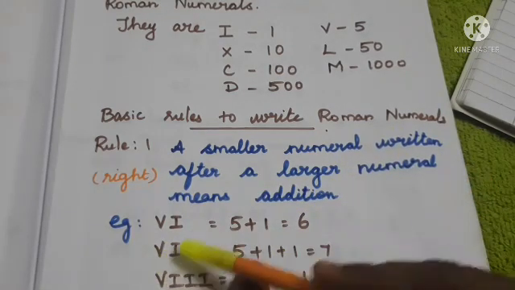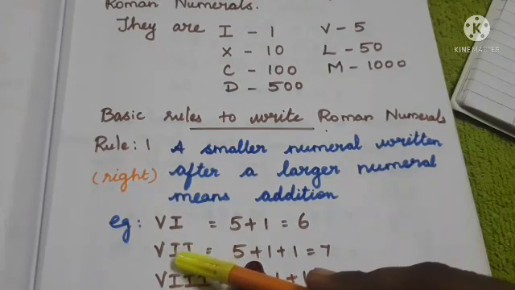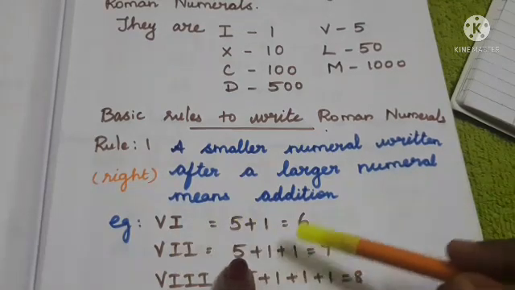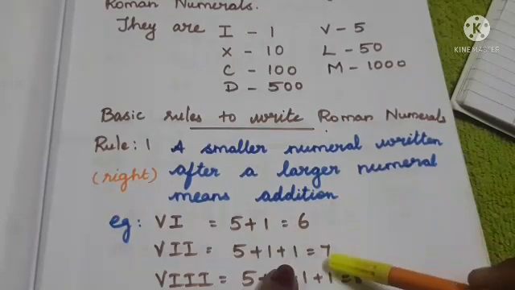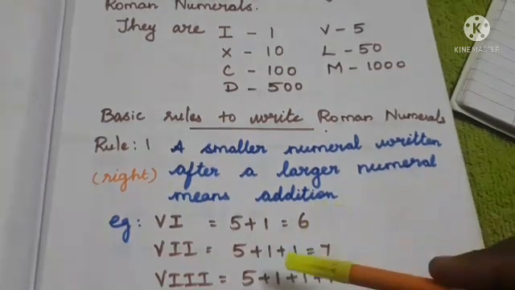After the larger numeral only we have what? The smaller numeral. Okay, so we have to add everything. 5 plus 1 plus 1, you will get 7 as the answer. Look at next example,